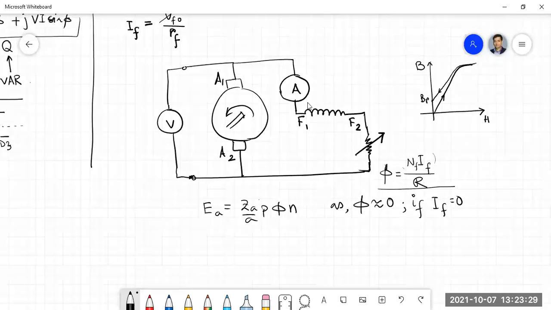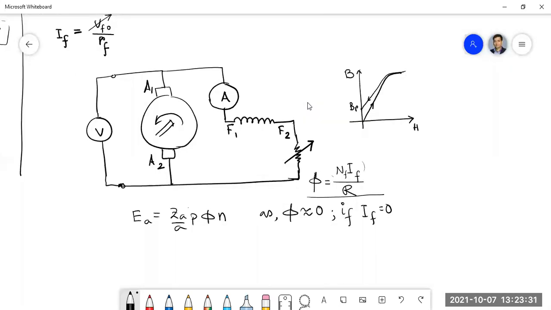So that is the remnant flux density or residual flux density, for which we get some amount of flux will be present in the field system, even if the field current is zero. Okay, বুঝতে পেরেছো? মানে এই কন্ডিশনটা থাকলেও due to this magnetic retentivity, the flux will not be zero. It will be some finite value.